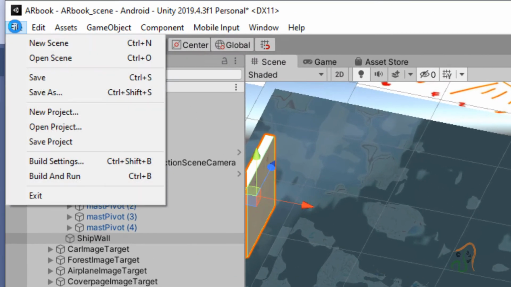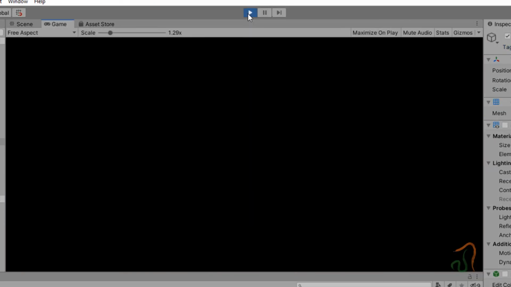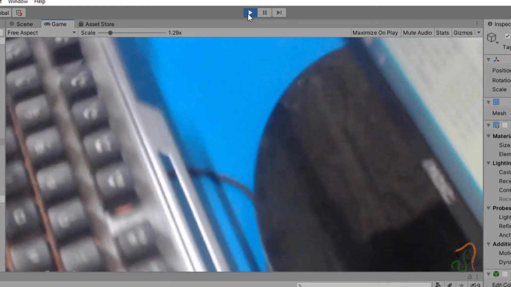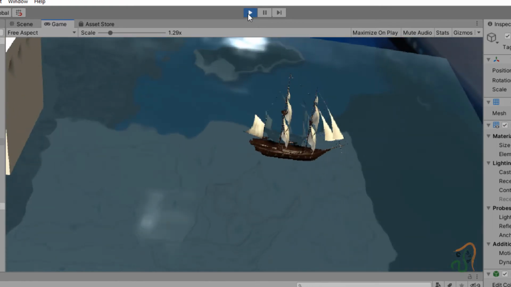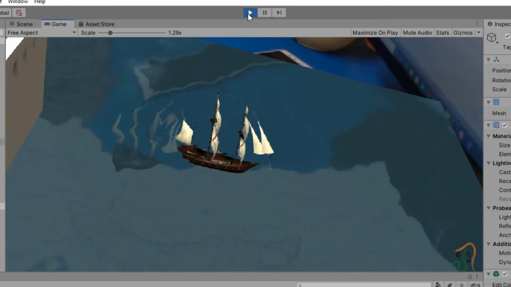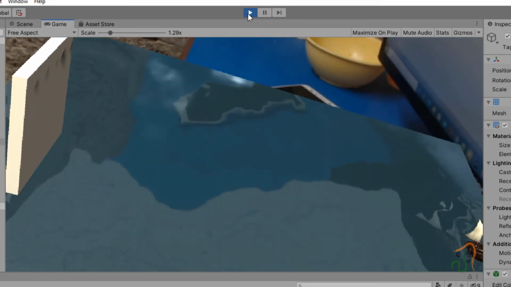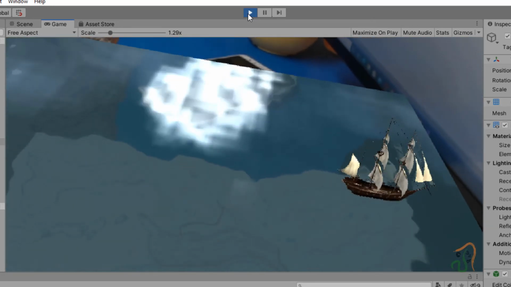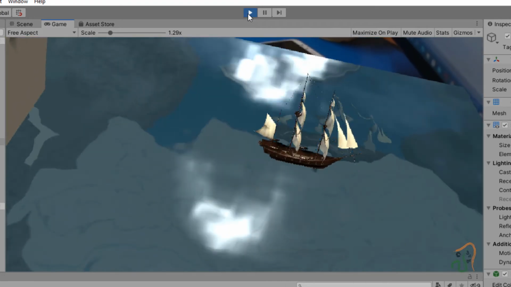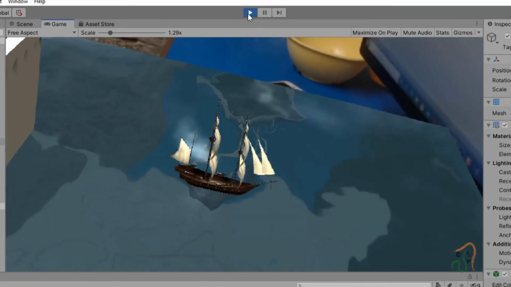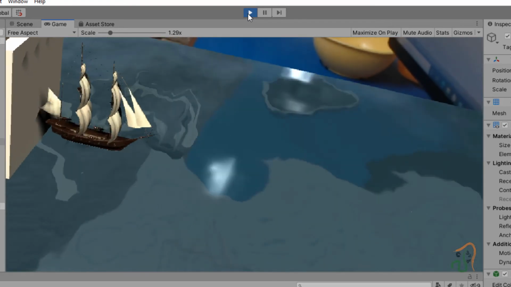So go to file, choose save. Now come back here, click the play button. Now we are going to actually use the camera, and as soon as we bring it over the ship object here, you can see the ship moving, and as the ship moves, it will come near the wall. As soon as it hits the wall, see, it automatically moves back. So this is working. The ship moves, and as soon as the ship touches this wall, it will automatically move back. So by adding this, we are now able to avoid the ship getting lost.